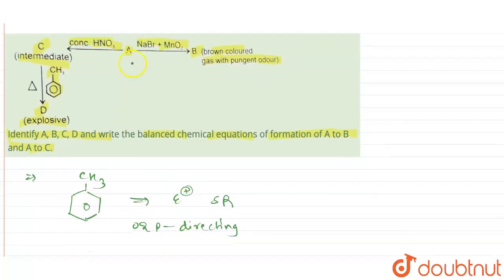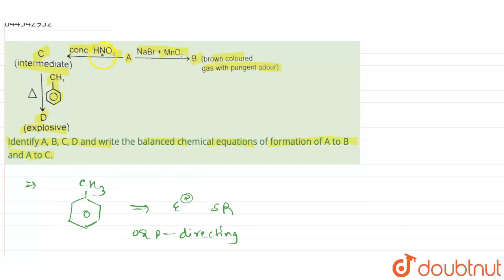So what happens over here? Here you see concentrated HNO3 is there, right? And A is present. So concentrated HNO3 is there means nitration is happening. So concentrated HNO3, this means that nitration is going to happen, and when nitration is carried out, it is not carried out only in the presence of concentrated HNO3. With respect to concentrated HNO3, we also require concentrated H2SO4 together, right? So the A molecule can be said to be that is concentrated H2SO4.